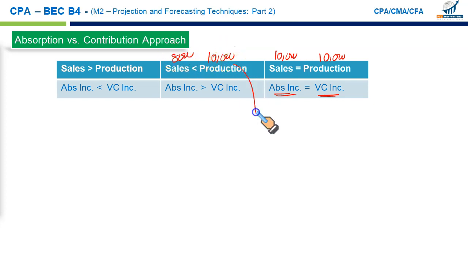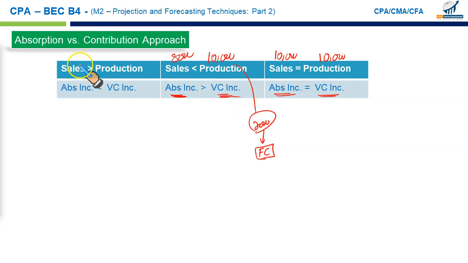it means these 2,000 units which we couldn't sell carry with them a part of fixed cost, which does not get expensed under the absorption costing. That is why absorption costing income would be higher than the variable costing income if the production is more than sales. The reason, as I told you, is that in absorption costing, fixed cost is part of production. So these 2,000 units will carry away a certain portion of fixed cost and hide it in the finished goods inventory. Resultantly, not all the fixed cost gets expensed, so the absorption costing income statement will be higher than the variable costing based income statement, right?